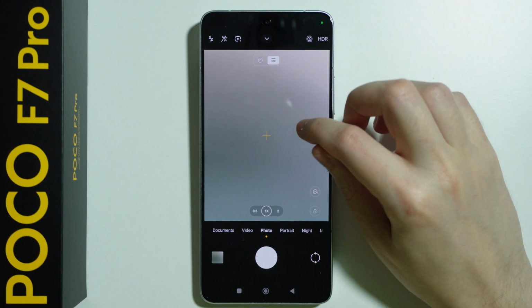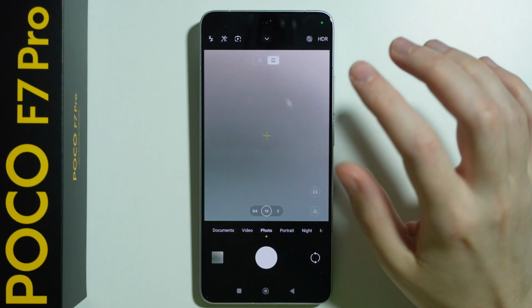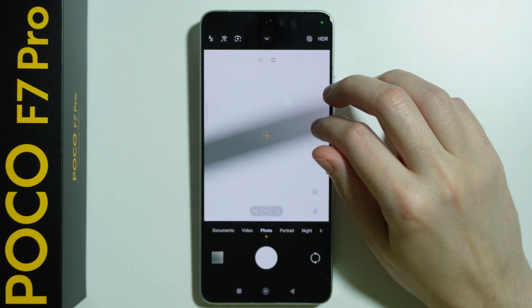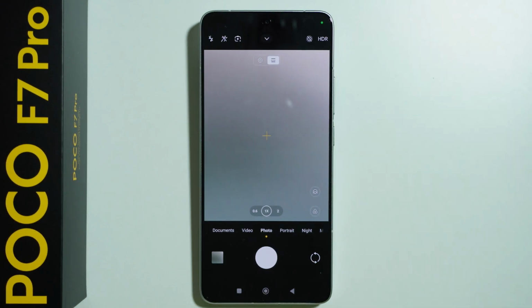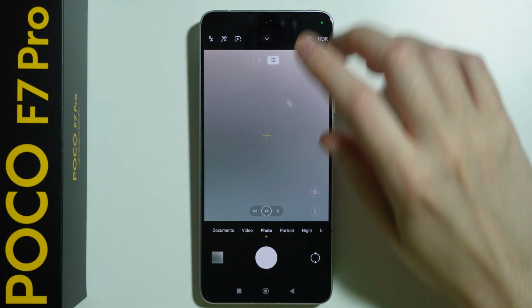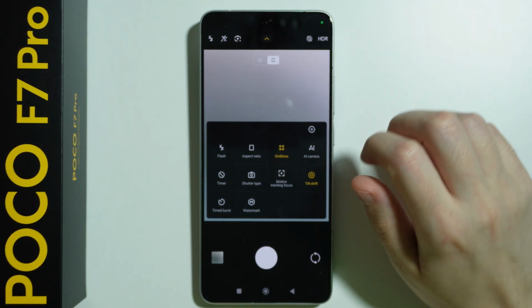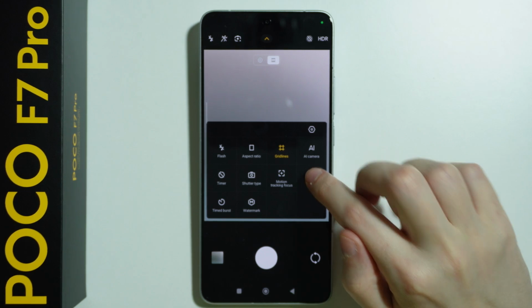And of course, the area that is inside is the area that is not blurred. Everything else outside is actually blurred. And that's pretty much it. If you want to disable this option, then we need to go back to these camera options and simply tap